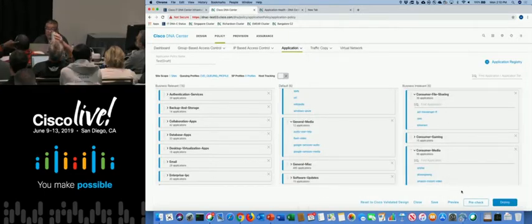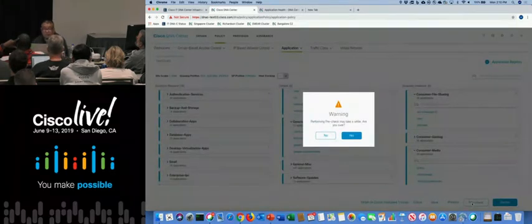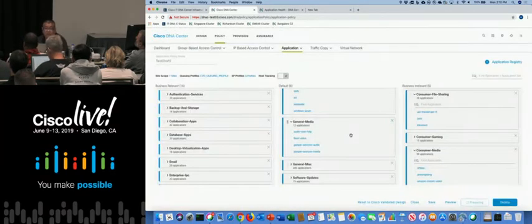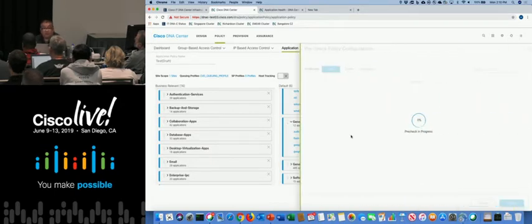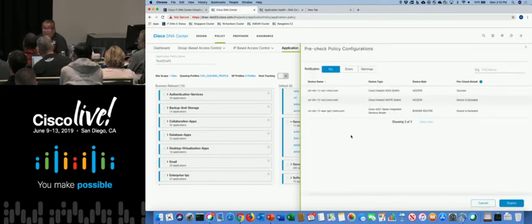And so the first thing I want to do is let's just do a pre-check. I want to make sure that the device in my network that I want to push policy to is able to take this policy. And so I can run a pre-check against this thing. And that usually takes a little while, no? Yeah, not that long. It works. So here you see